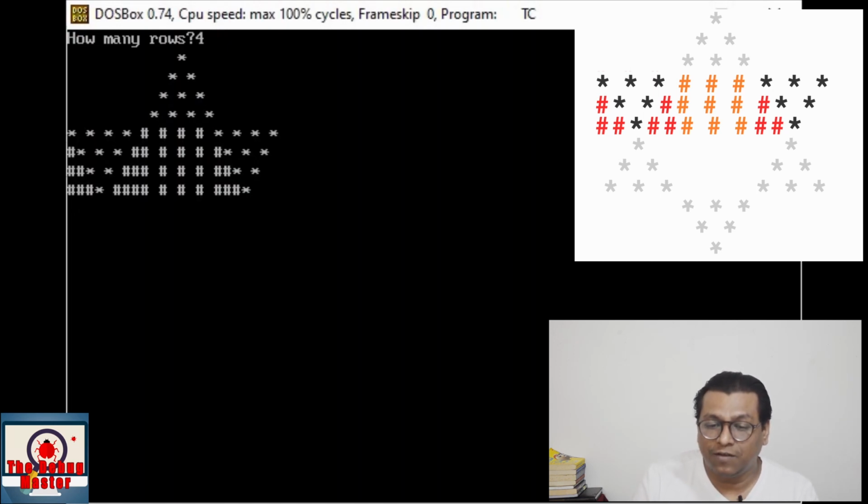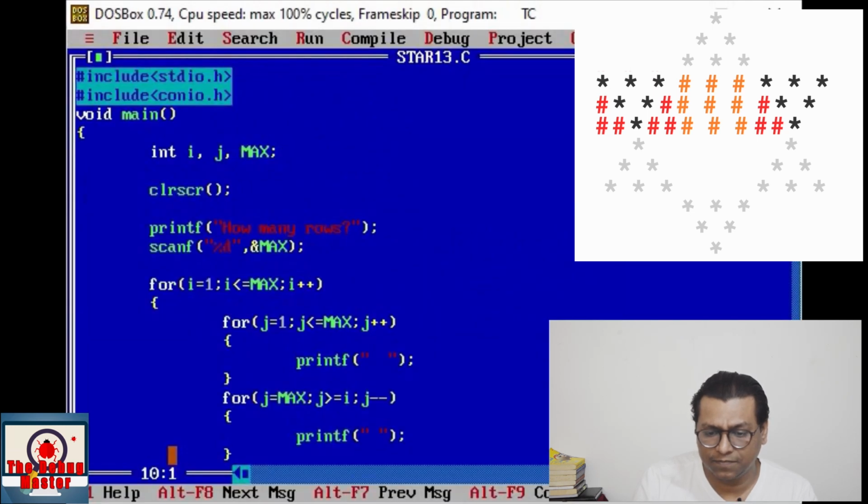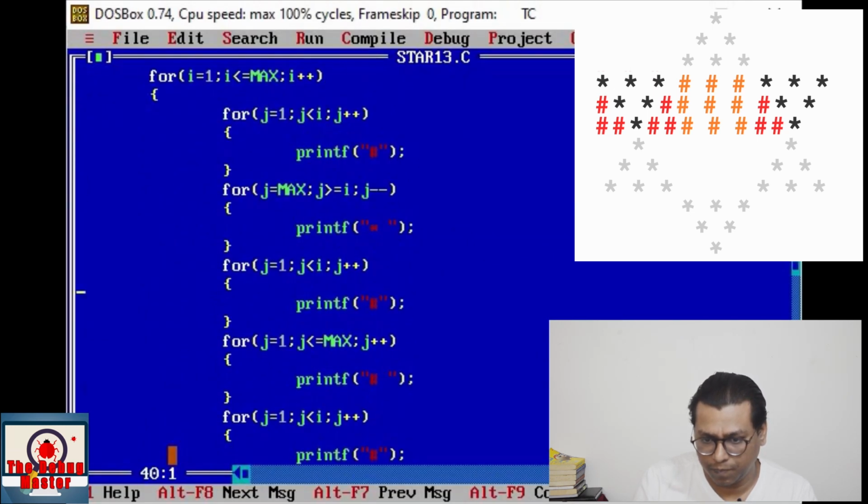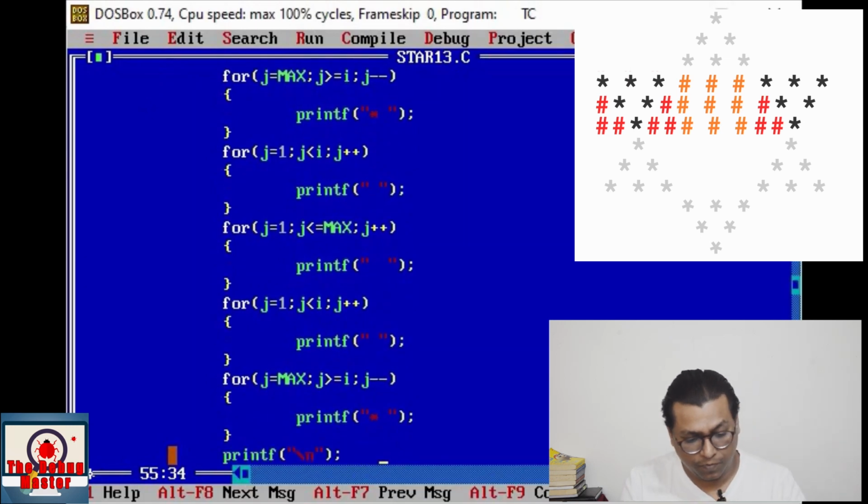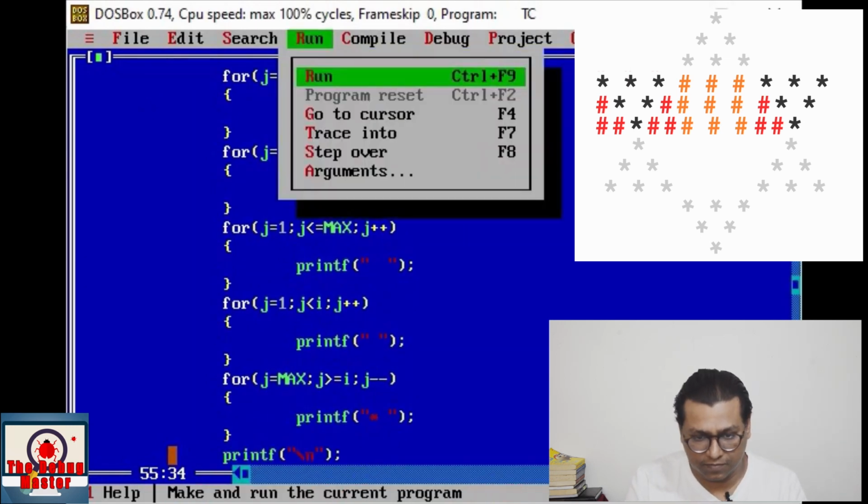Right? Now simply replace all hash with the space. So here space, space, here again space, space. Okay, save it and run it.